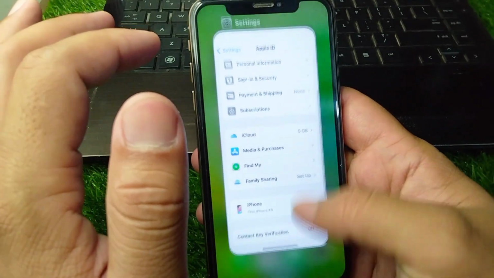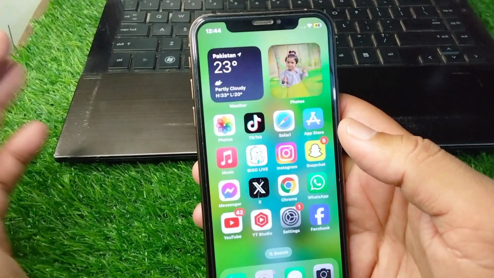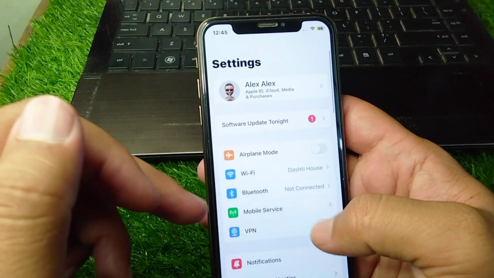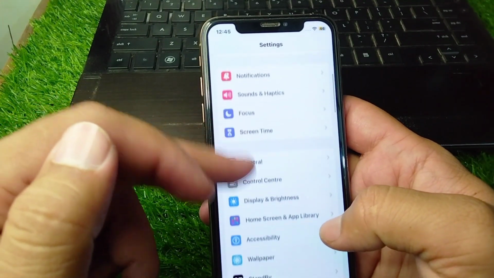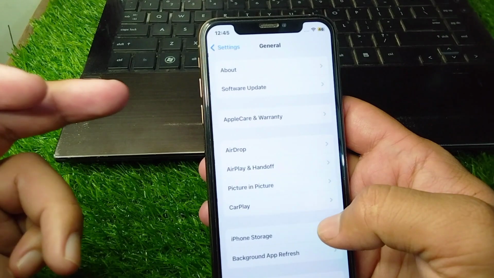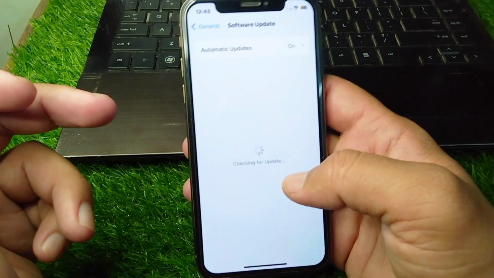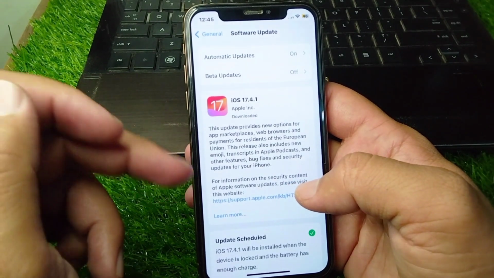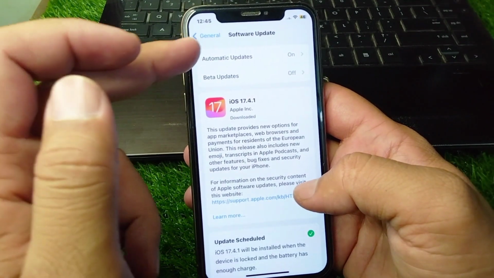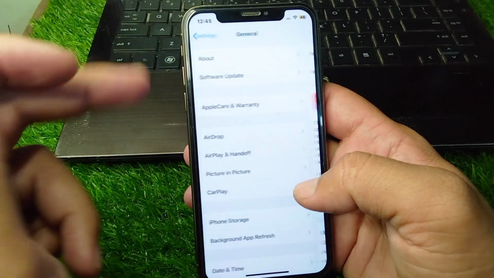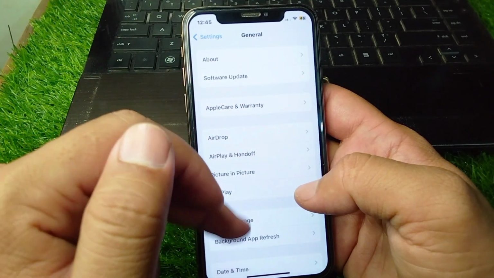So guys, first of all, go back to your home screen and now you have to simply open settings in your device, and from here scroll below, tap on general, tap on software update and make sure that you are using the updated version. So guys, if there is any update available for you, simply update it, and after this go back and now you have to scroll below